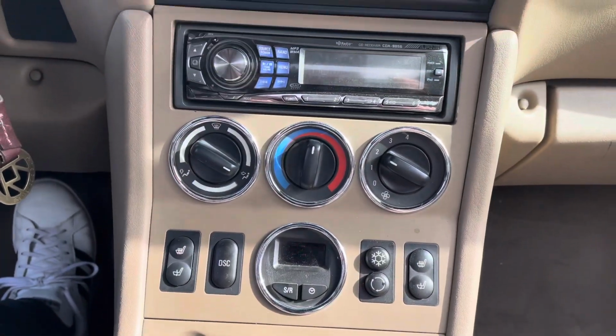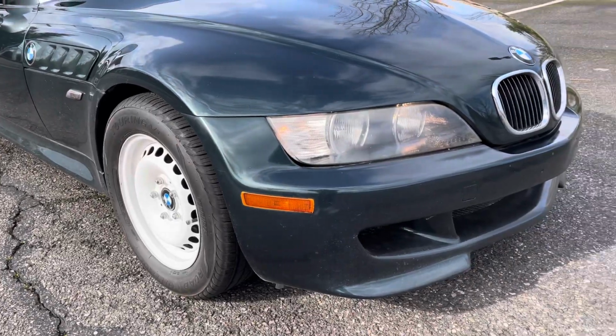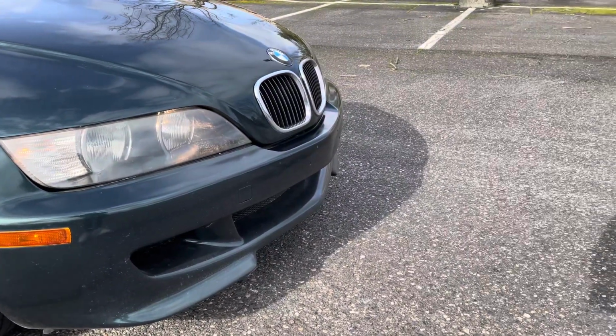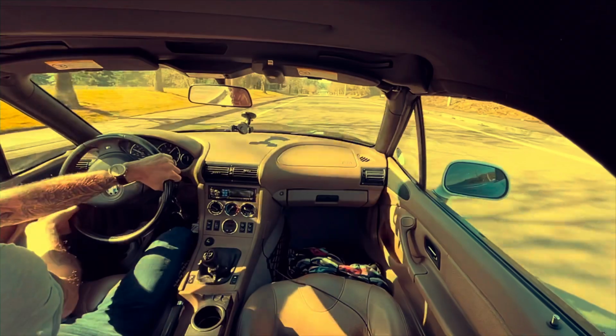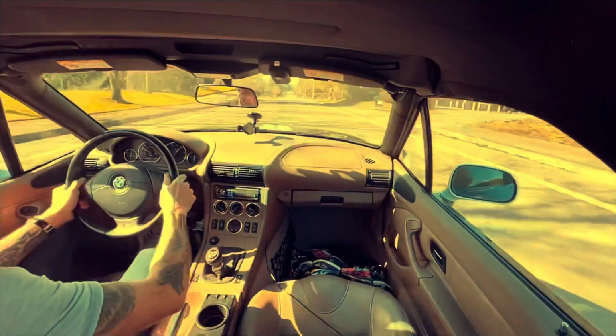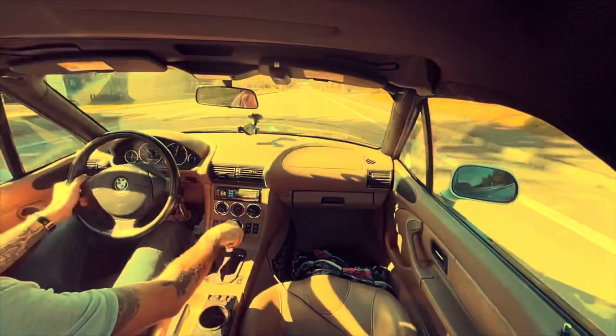Overall, I really like the car. I'm not much of a convertible guy, and a coupe would be nicer, but there is quite a premium on the Z3 coupes. The chassis feels reasonably stiff, although there is some wobble there. This car is also based on the E36 3 Series chassis, so some would say it's not a proper ground-up sports car. But I think due to the raw analog nature of the car, it feels more sports car than a lot of current